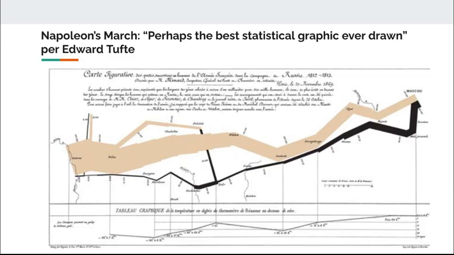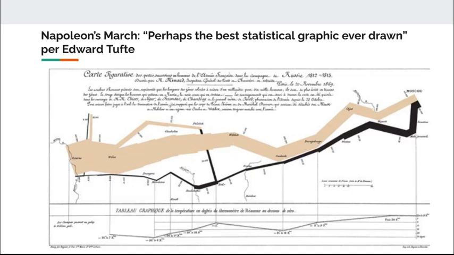So this was by a Dr. Menard, who was a cartographer and a manager of bridge building and other infrastructure tasks in France in the mid 18th century. And he produced this chart showing Napoleon's march into and out of Russia during his disastrous invasion